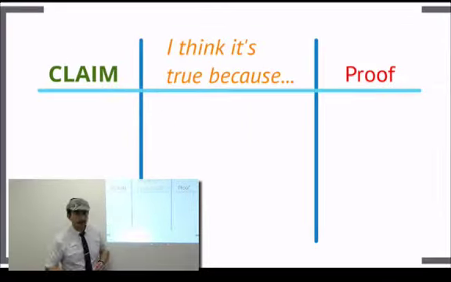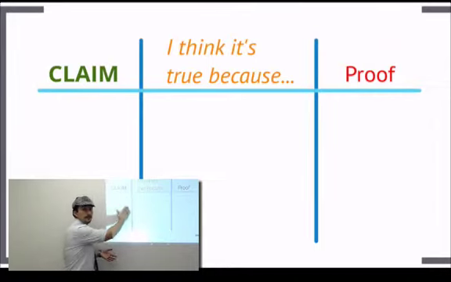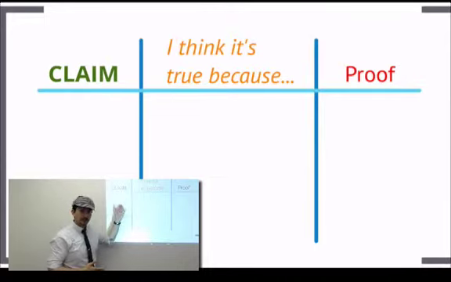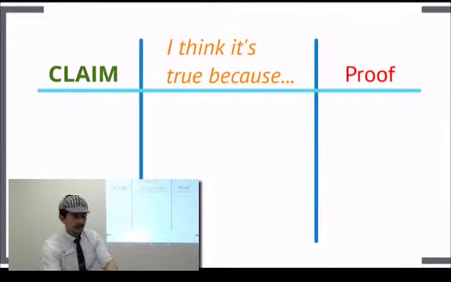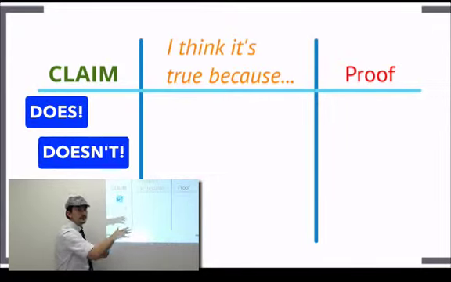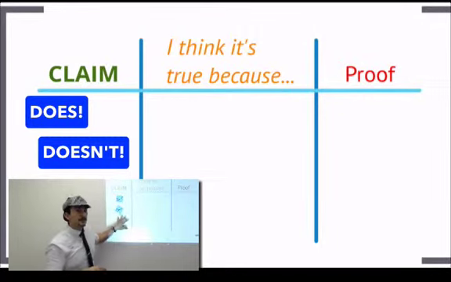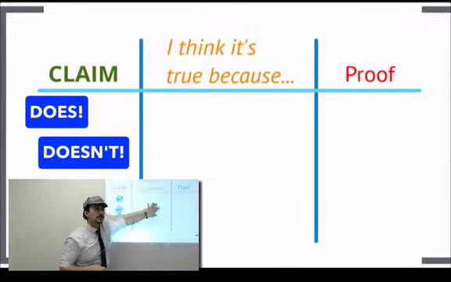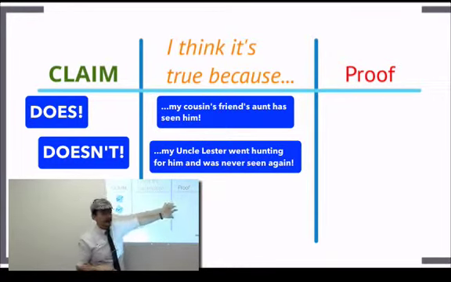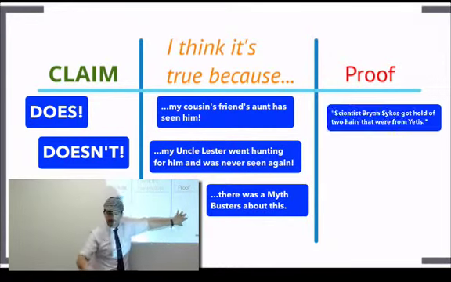Another way to do it, which is a bit more extensive, actually asks them to write out their claim instead of having one provided for them. So their claim would be whether he does or does not exist. The students can come up and vote on that too if you want to do it on the board, or maybe you just want them to do this in their own notebooks. So he doesn't, he does. But then they also have to follow it up with all the reasons why they think their claim is true, and once again provide the proof straight from the text.